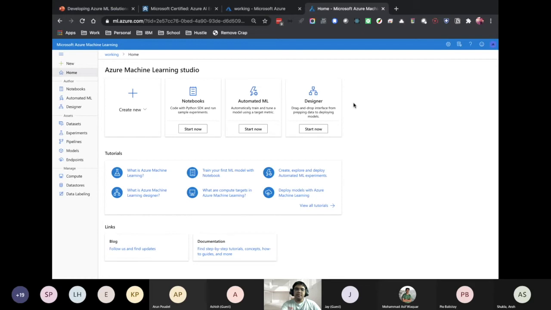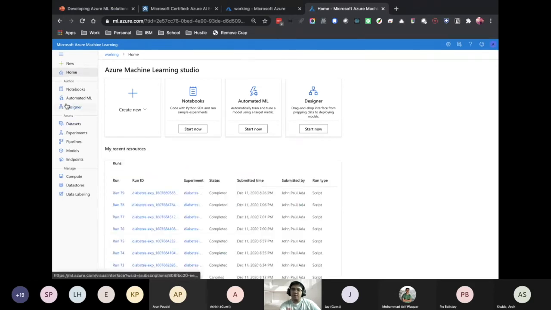And ta-da! Over here on the left, we have a bunch of choices. You can pick if you want notebooks or ML Designer, and you can also develop locally, which we'll do. You can see that I have a bunch of runs in here. Even though I'm running locally, it still submits the results to the cloud, so you can take a look at the logs if there's something wrong, right?